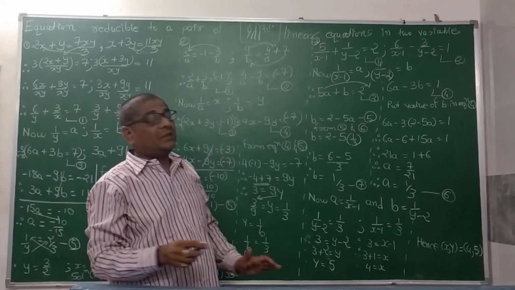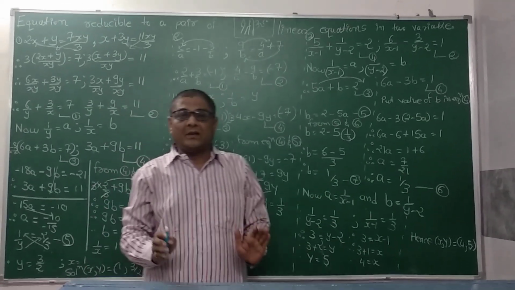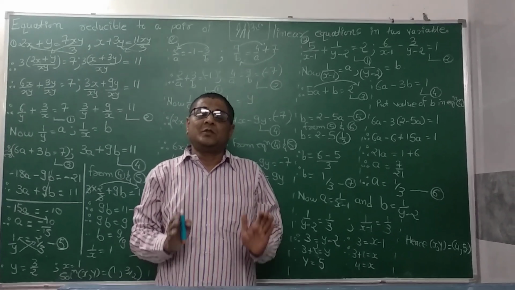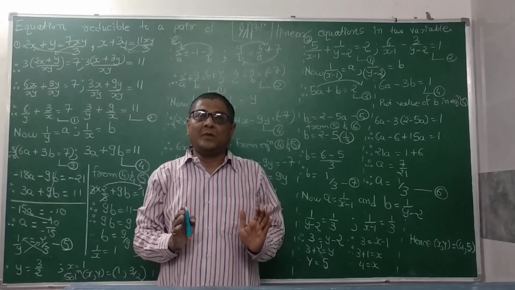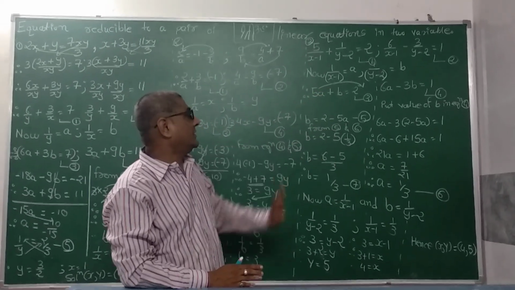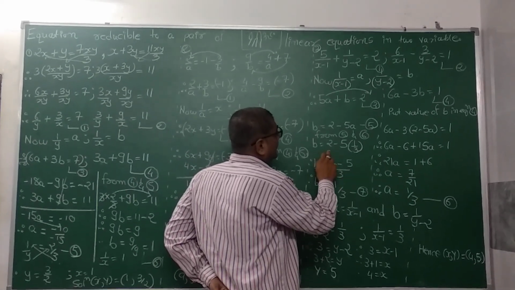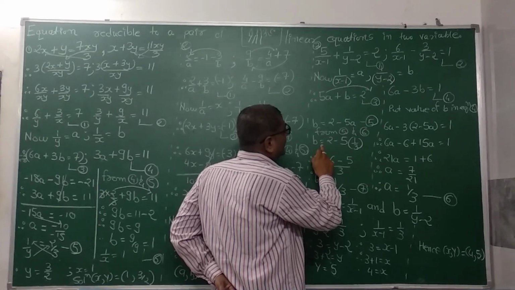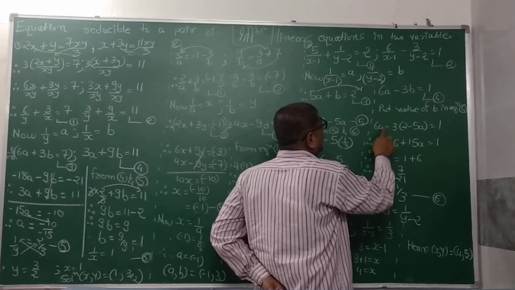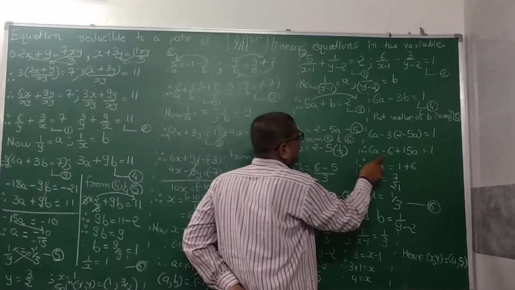Students, it's not compulsory that you do this method. Out of the 4, that is graphical method, elimination method, substitution method and Cramer method, you can use any one method out of 4 after getting the linear equation. I am using the substitution method. So we put this value in equation number 4. So instead of b, we have to put 2 minus 5a.